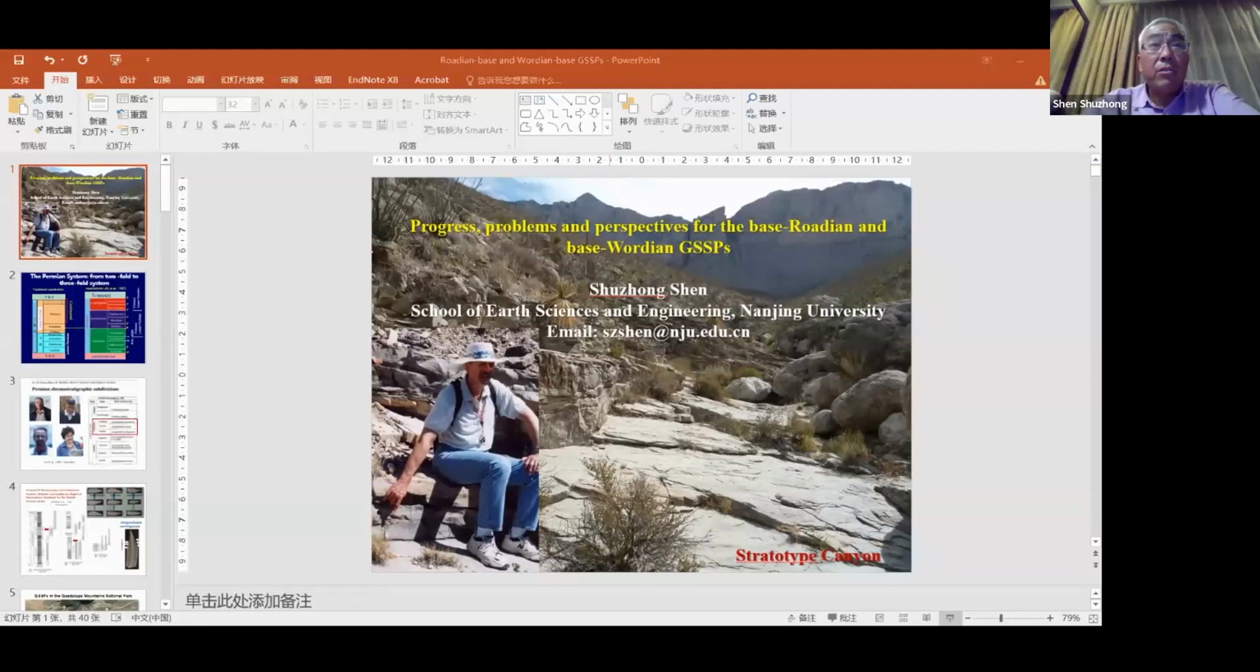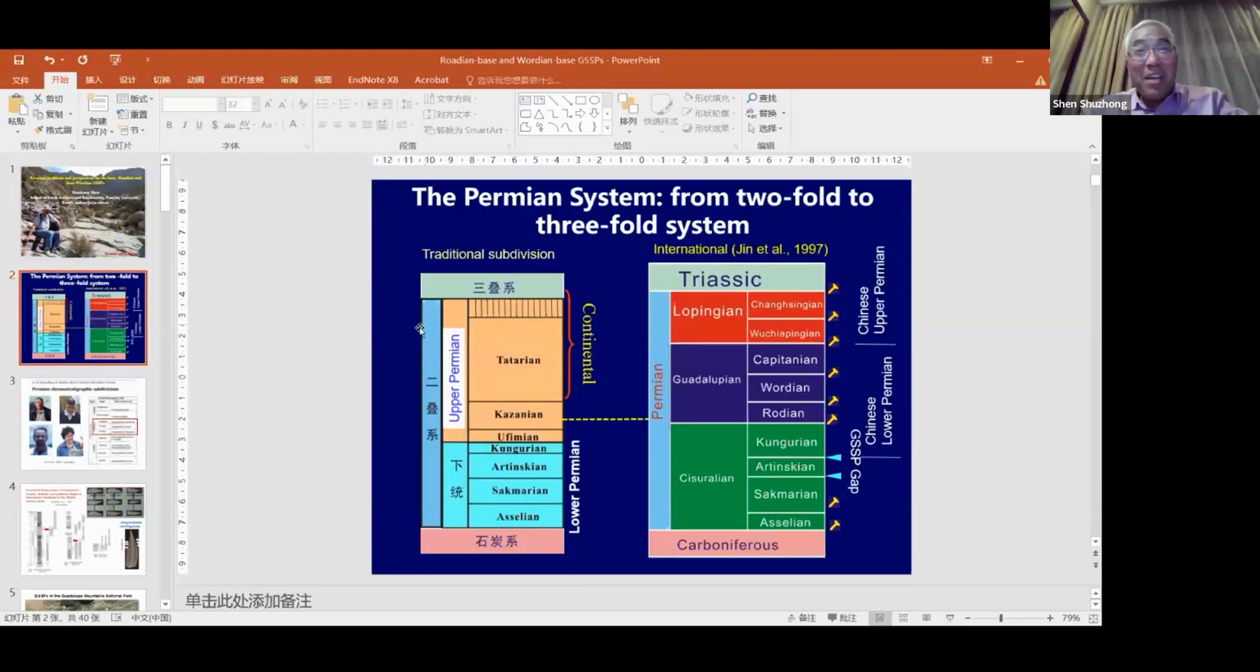It's nice to have an opportunity to talk about the progress and problems of the base Roadian GSSP. The picture is the type section for the base of the Roadian stage, and Bruce Wardlaw sits on the section and points to the GSSP point there. You know, there are two traditional Permian systems